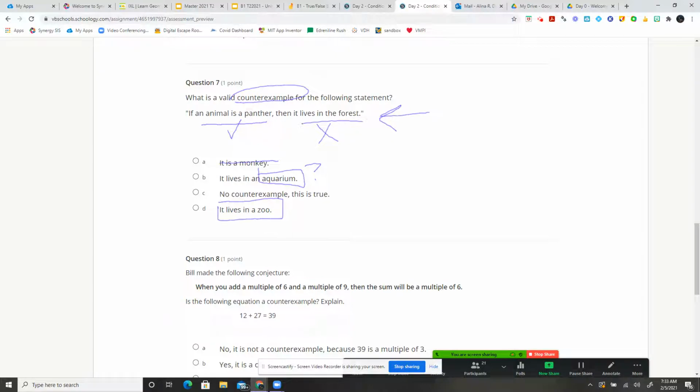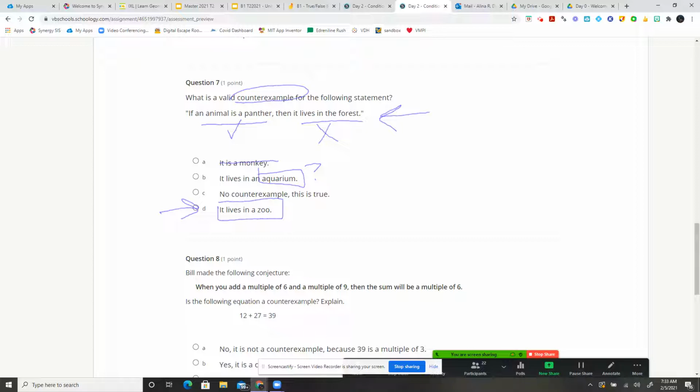But there's a fourth answer down here. It lives in a zoo. So what's a better answer? A panther could live in a zoo, or a panther could live in an aquarium? Probably in a zoo. Every once in a while, I get a student that's like, well, maybe the whole aquarium